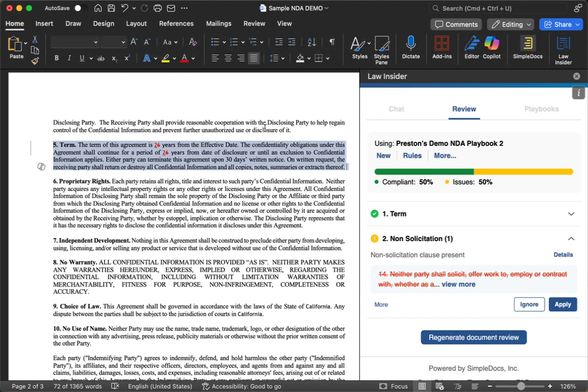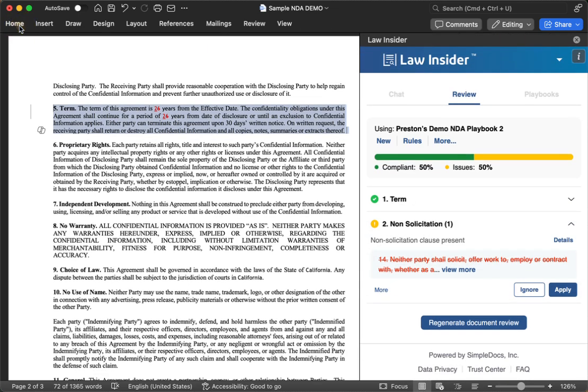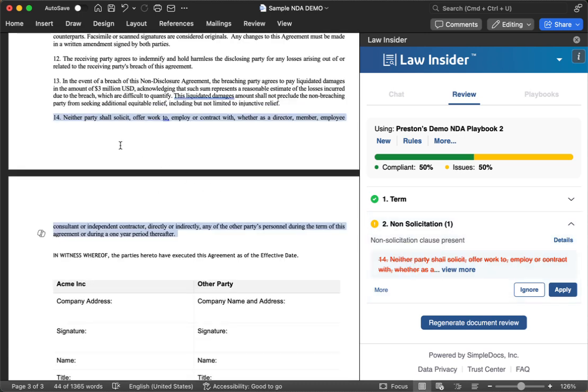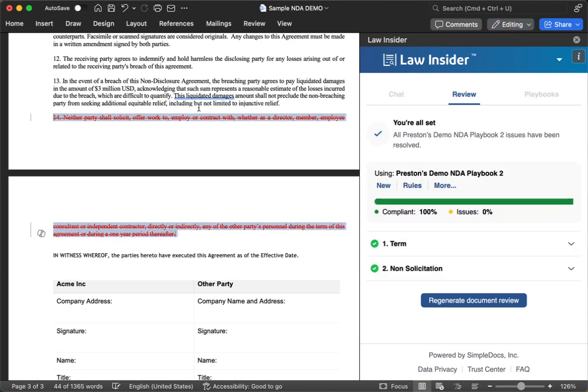Okay, so now let's apply the other. Let's go to non-solicitation. Aha, there is a non-solicitation clause. We don't want to allow for those. So I'm going to go ahead and apply. And there we go. And so now let's go back